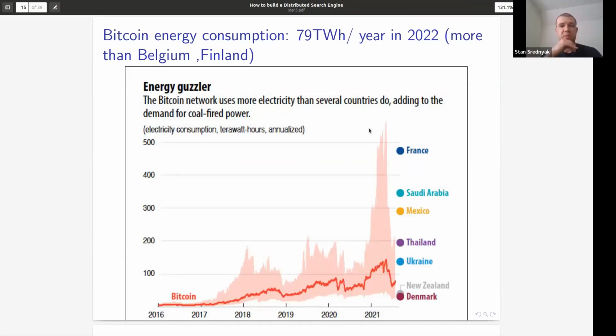It is known that Bitcoin energy consumption exceeds the energy consumption of some countries, as this chart shows. So this gives me hope that there is compute available in the world to maintain a distributed search operation. What we have to do is build a system that allows people who are operating these machines to operate them for other purposes, for knowledge mining.